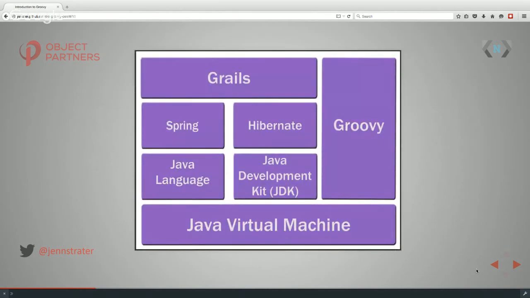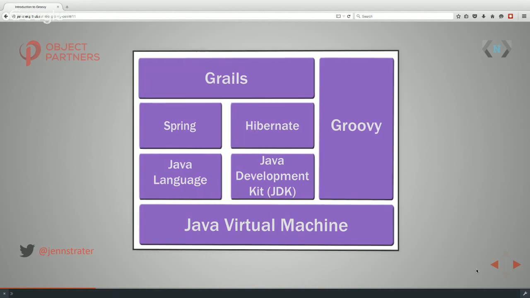Okay, so my one little architecture diagram to kind of show you a little bit of what this looks like. Just basic blocks. So you've got Java, the Java virtual machine, and Groovy. One important thing to know is that Groovy is not compiled into Java and then down. Groovy has its own compiler. You can use it separately and not have to do that conversion. But it does play nicely. Groovy in Action is the go-to book for Groovy. That describes it more as an interlock, so you can use Java and Groovy together very nicely.